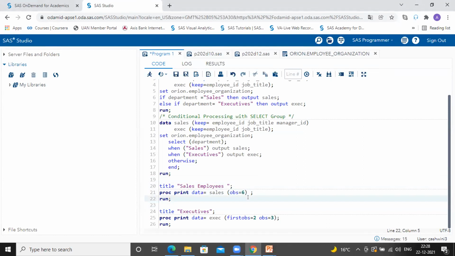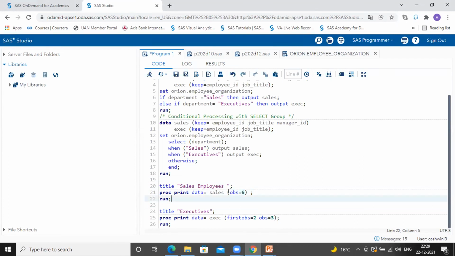You should always keep this in mind because you may get this type of question in a technical round. They may ask you, when you write OBS equal to 6, what will SAS interpret? They will try to trick you, asking whether it is how many observations are to be read.